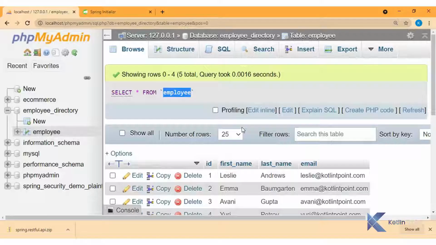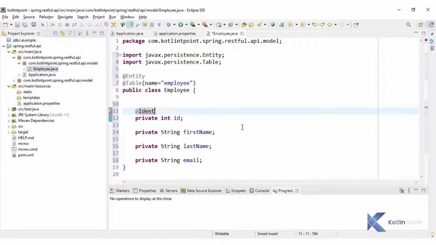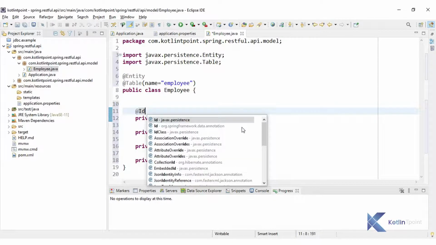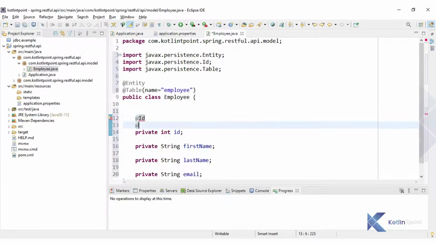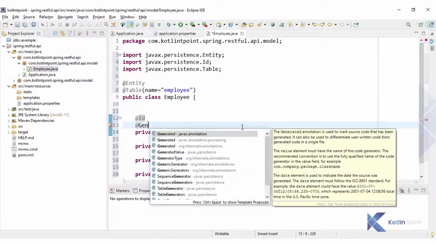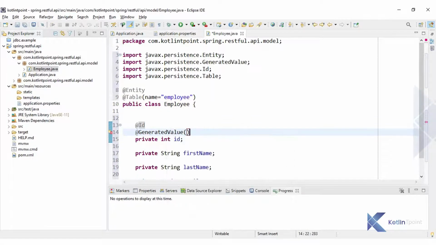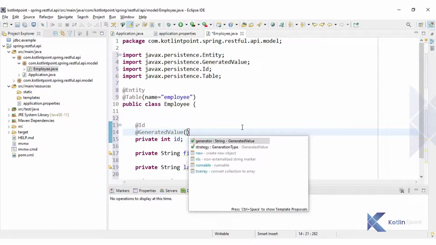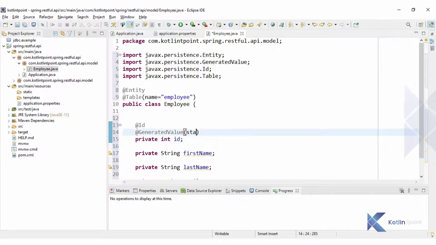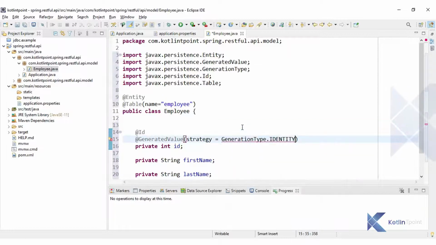Okay, @Id is the annotation, my mistake. The @Id annotation we require as per the Hibernate coding. And next we will have @GeneratedValue, which we require for auto increment. And here you can specify the strategy, that is IDENTITY, which is equivalent to MySQL auto increment.